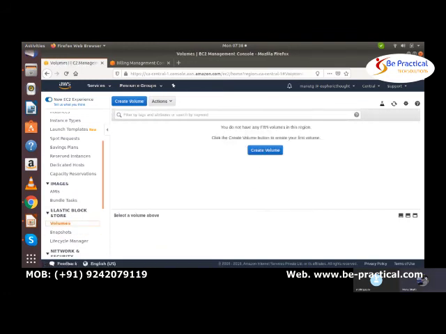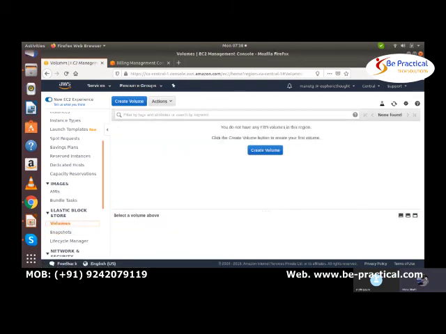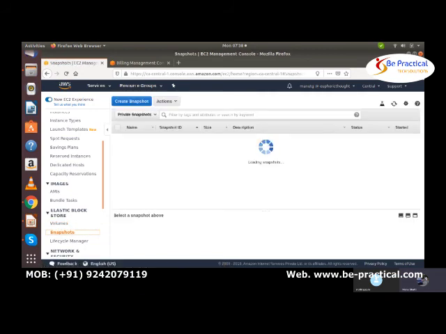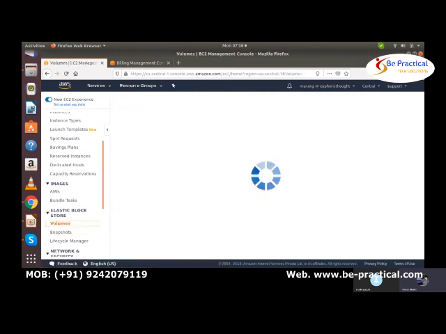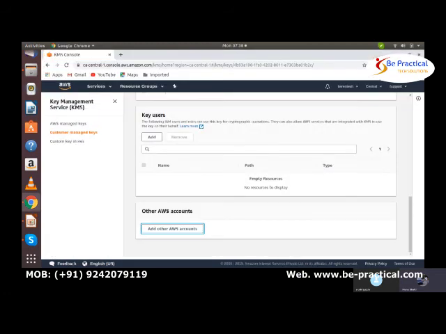It has taken some time to come into effect, I guess, the first time when we tried it. See, now we tried to create the volume, right? But we cannot actually create it because I have stopped the sharing of that key. So the other account does not have access to the key with which the snapshot has been encrypted.